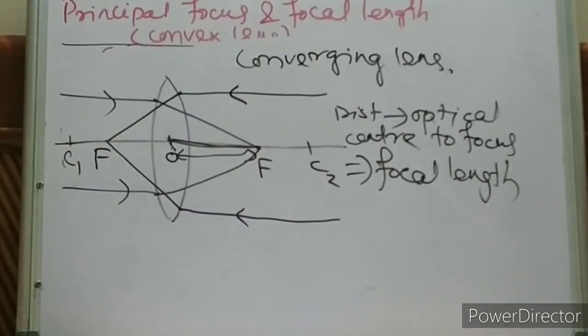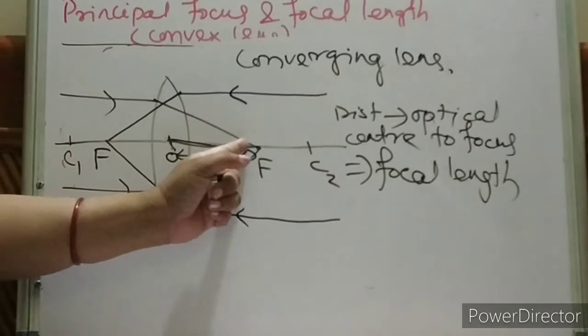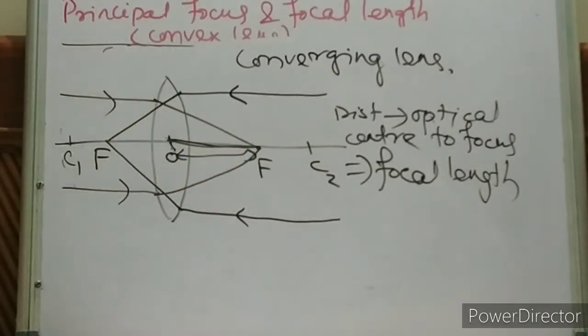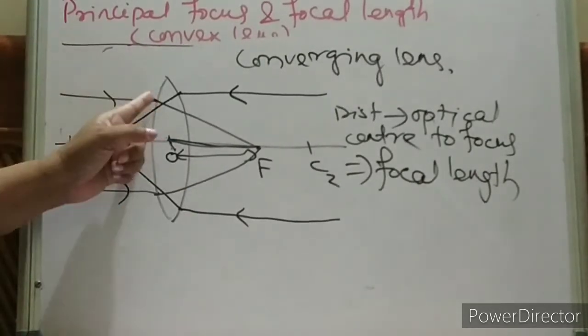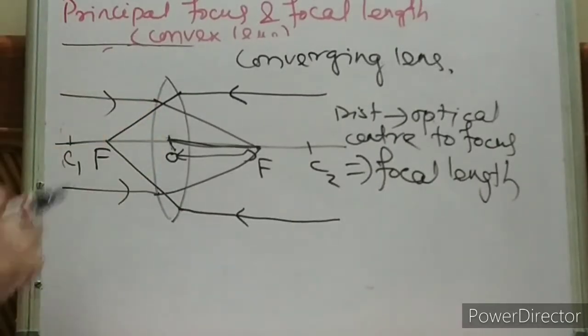Is it clear what the principal focus is in case of a convex lens and why we are getting these lines in our book? If any doubt, please leave a comment in the comment section. I will be happy to explain it again. How to draw the normal, how it is bending, how two times refraction is happening because of these two refracting surfaces. Okay. Now one more thing.